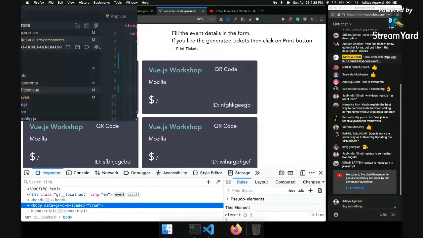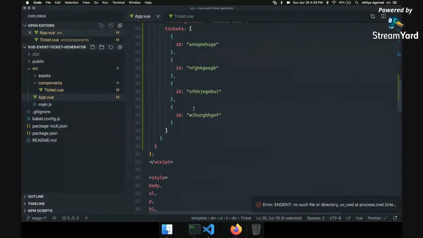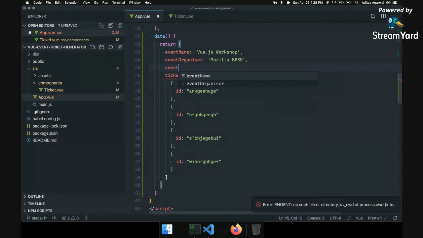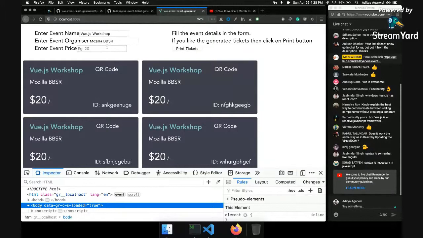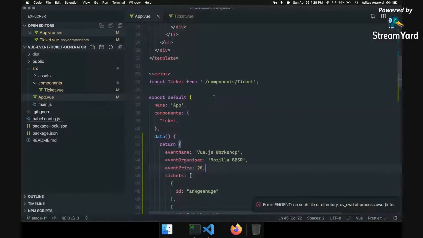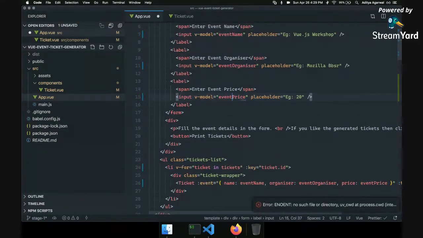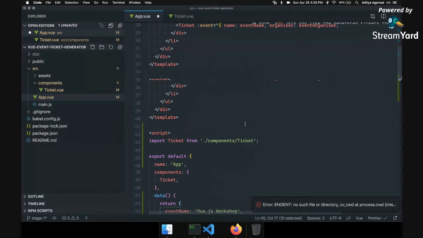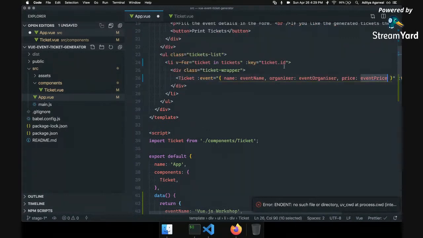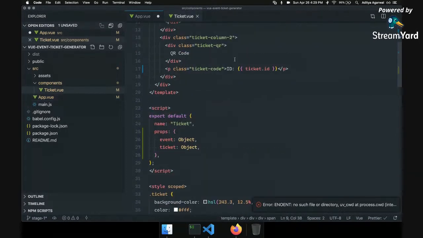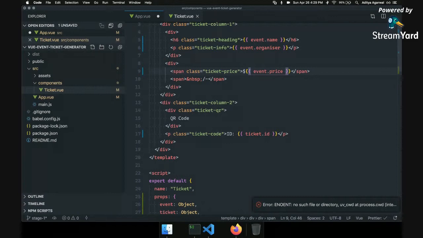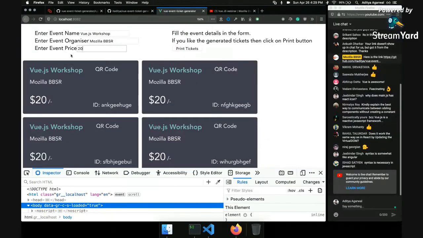And I have to specify it in the app view as well. I have to say that you have to watch this event price as well. So I can say 20. It should be event price. So this is event price, this is event price. Here it is event price, and then to the ticket we are saying that event dot price will be event price. So here I can do event dot price. Save this, and now you can see that when I change this, it is working.